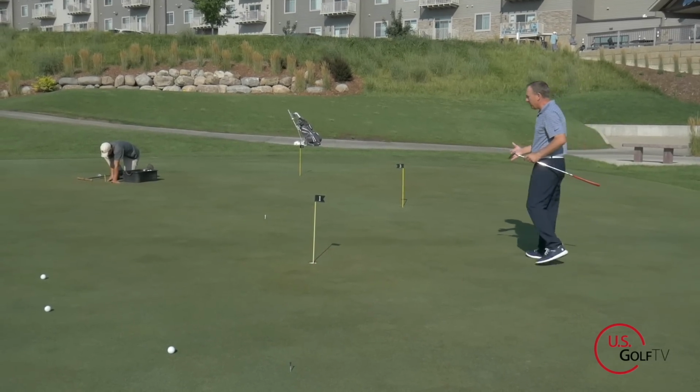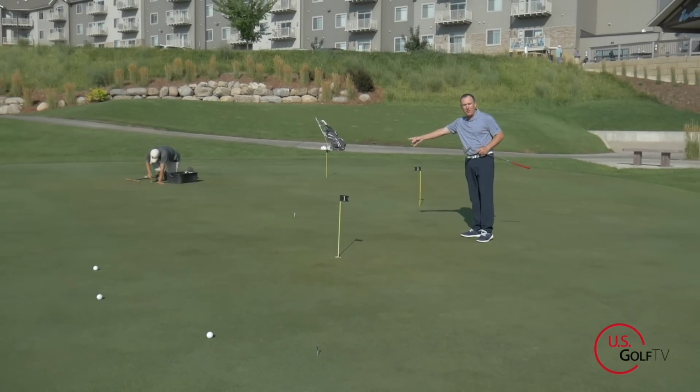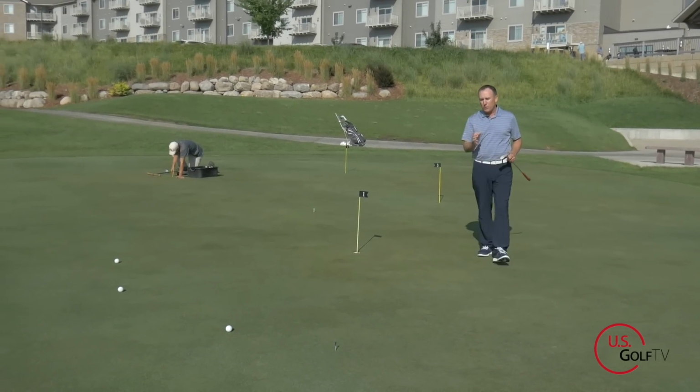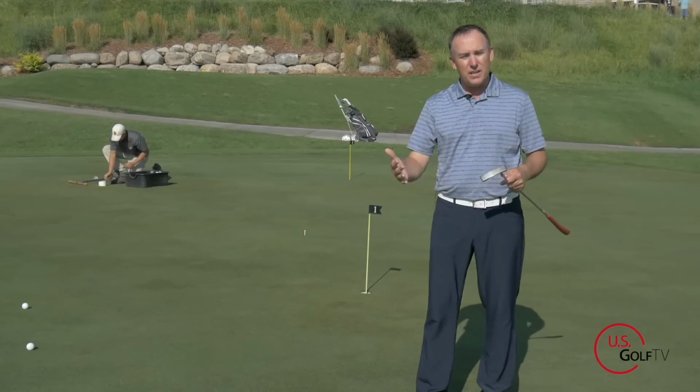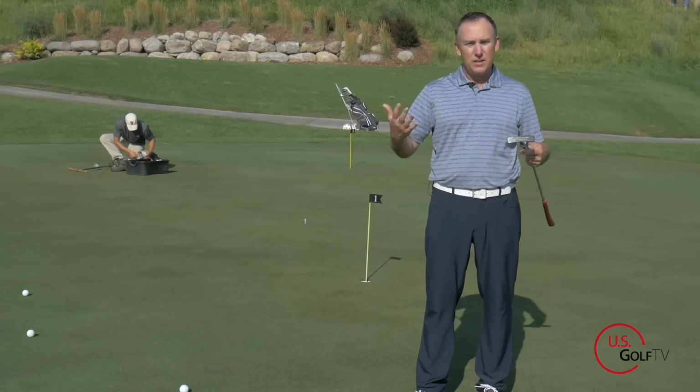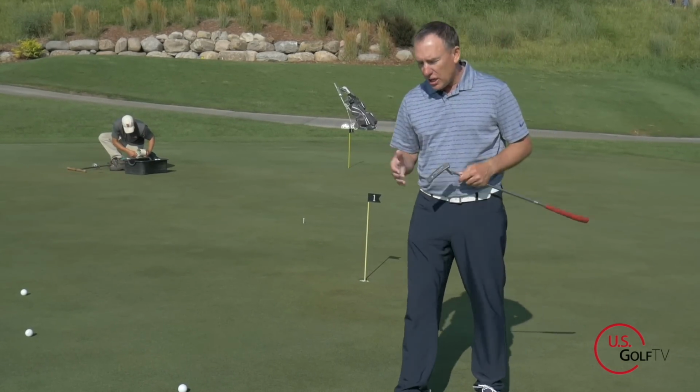Because as I work up here, now I'm getting closer to the straight putt from the downhill. So that's the other thing that can help you. The closer you are to the straight putt, the less it's going to break. The further away from it you get, the more it's going to break, all right? So let's talk about, though,